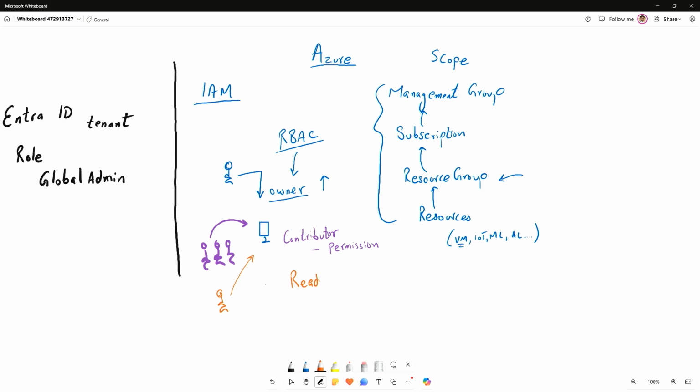With a reader role, you are not able to delete, create, or amend anything on that resource. You're simply able to connect to it, work with it, and that's it. So you are a reader. You have no permissions whatsoever to perform any other task apart from looking at that resource. So again, some control over what I want different users to be able to do in this environment. And again, that's something nice to look at.